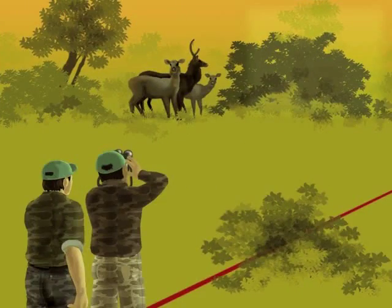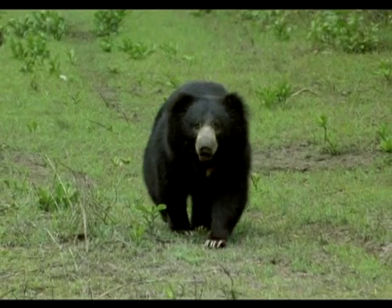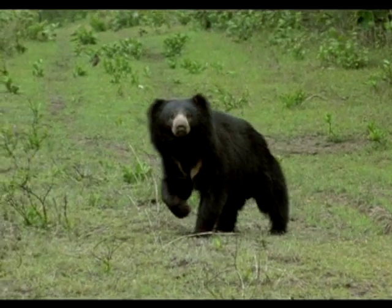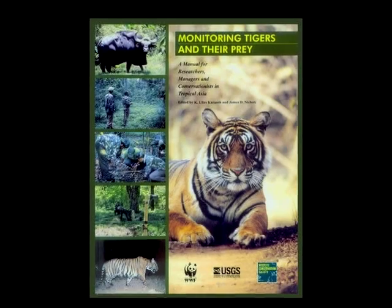Only animals that are seen and correctly identified must be counted. Since there are dangerous animals in Asian forests, field workers must take appropriate common sense precautions while walking on transect lines. For more information, please refer to chapters 9 and 10 of the manual